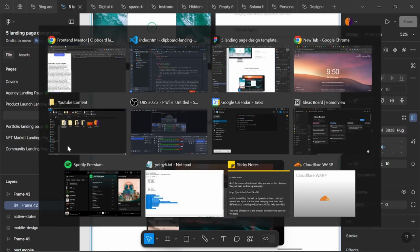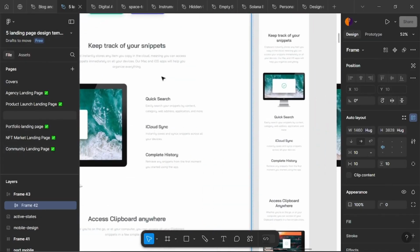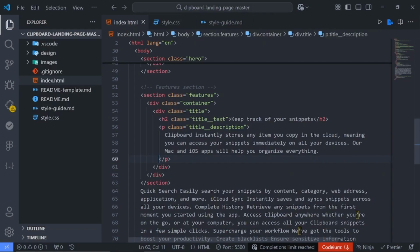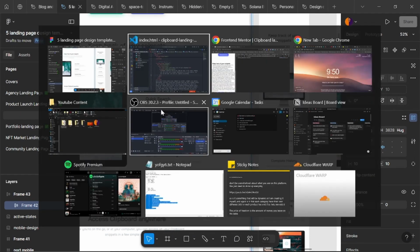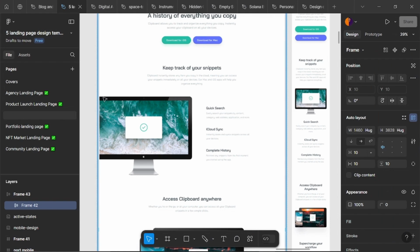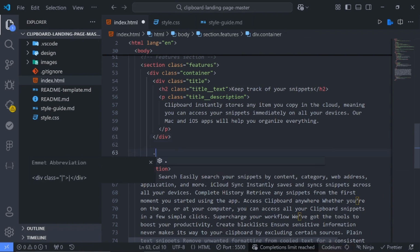Okay, so the next part we want to do is this features, the main features itself. And the cool thing about this is that once you style for one, you basically done for everything. That's how it just works, because they're quite similar. So now what we want to do now is to create this content right here. So we can just do it under this div and say features underscore content,